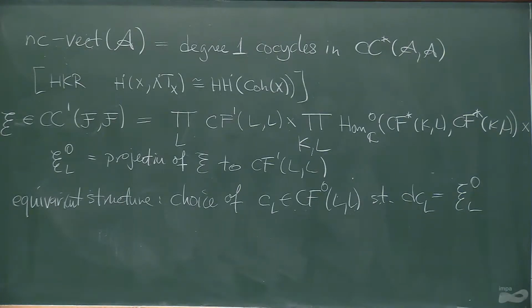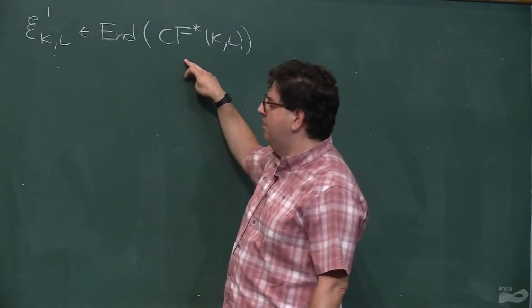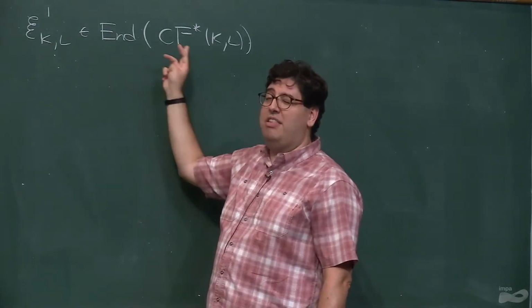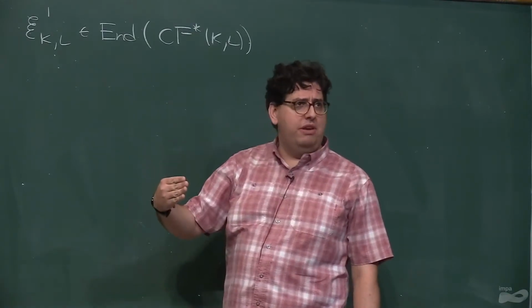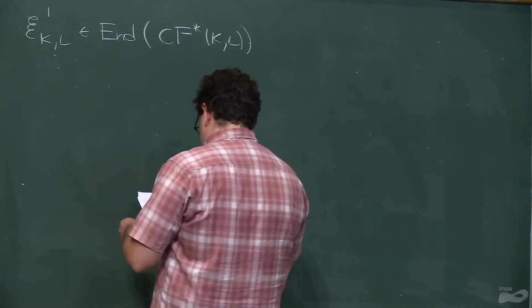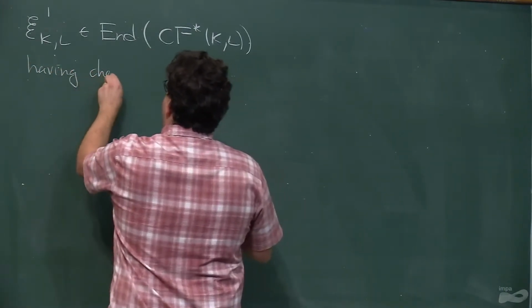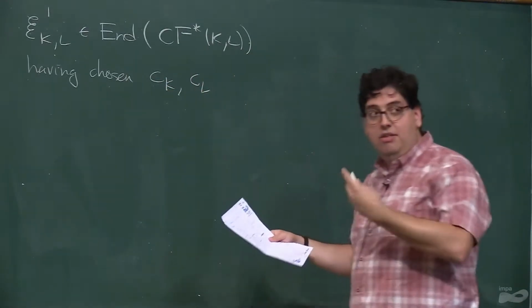Okay. So the next thing you'd like to say is that the length 1 component of this vector field gives you an endomorphism of this space. But what actually happens here is that this thing is not necessarily going to be a chain map. So it's an endomorphism of this chain complex, but it doesn't actually commute with the differential. So it doesn't give you a map on homology, but you can correct that using the equivariant structure. So having chosen CK and CL, assuming they exist,